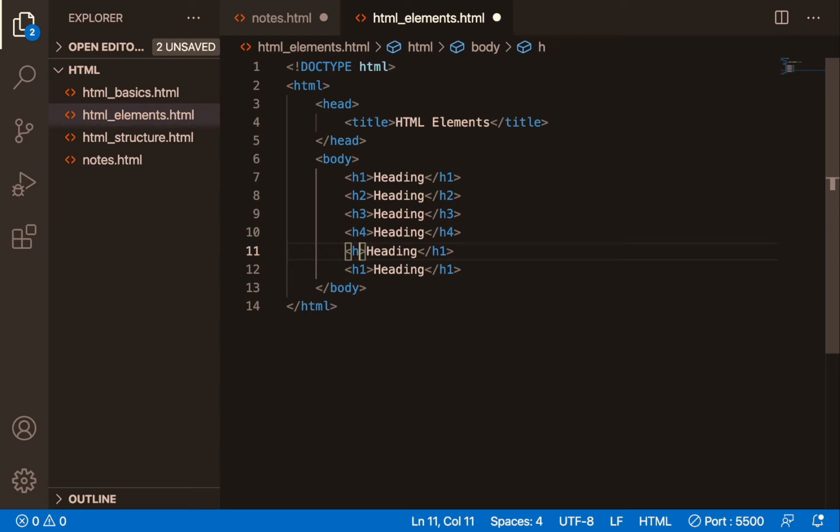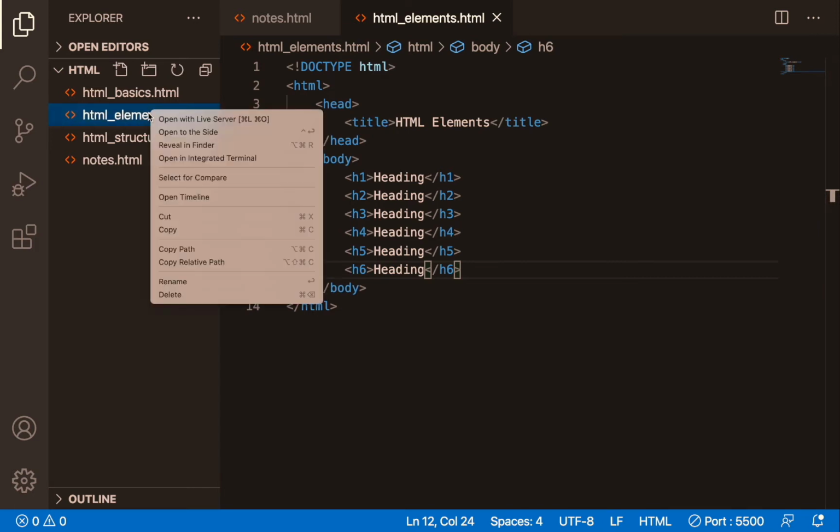Till now we have seen only H1, so now I am going to show you all the elements in the headings. Sorry, H1. Save it.